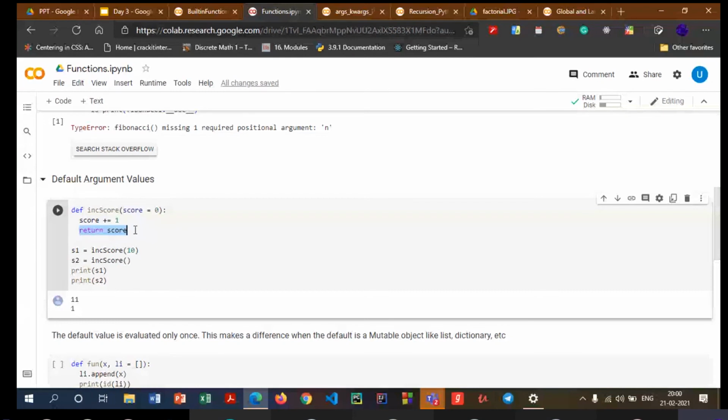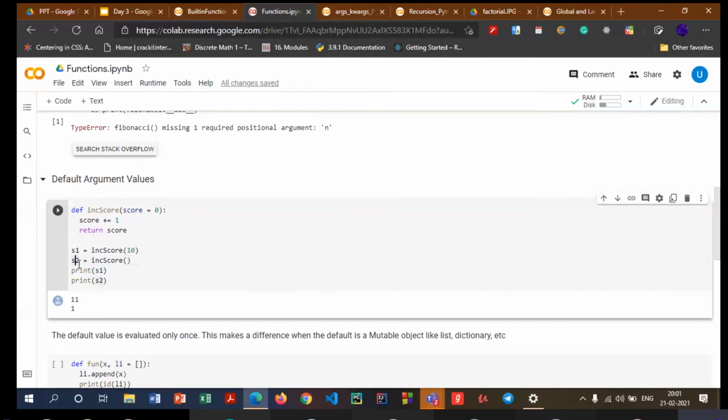So this is another thing which you want to note in functions. We can return some values also. So that returned value needs to be stored somewhere. So we make use of this S1 variable which stores this returned value. Returned value can be anything. It can be a string, it can be a number, it can be a list or anything which you want to store. So this S1 takes the score value, which is incremented from 10 to 11. So S1 will hold the value 11. So when I say print S1, it actually prints out 11.